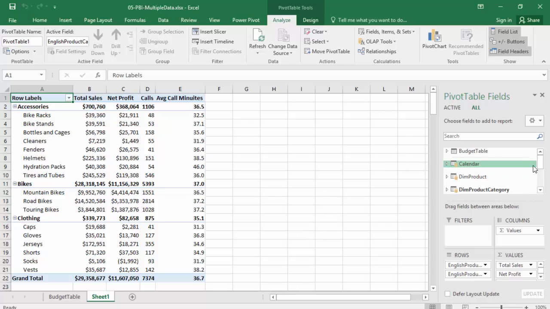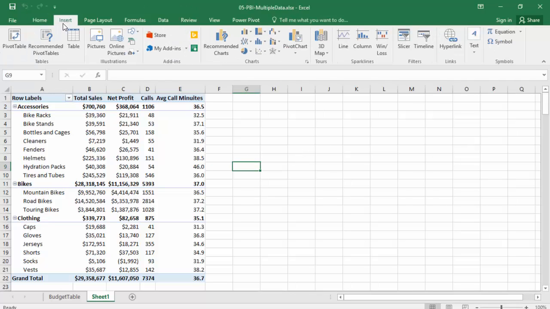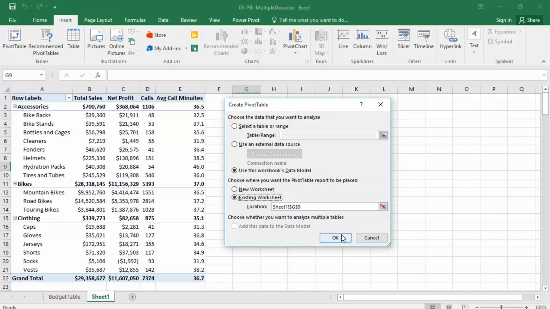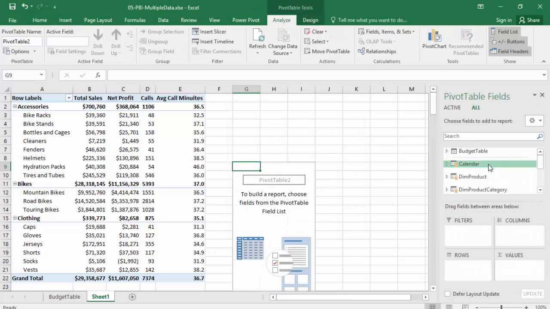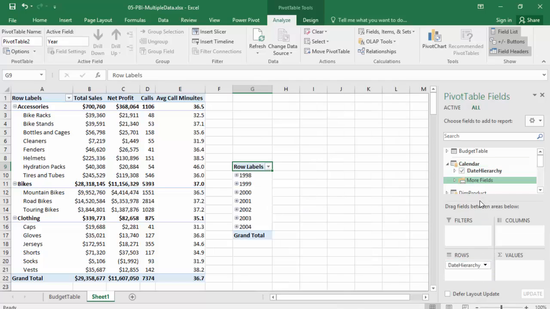Okay, so we have the calendar file. Okay. Now let's bring in, okay, so I have to create a new pivot table. Okay, the second one. So we'll do calendar, the date hierarchy, right? And then